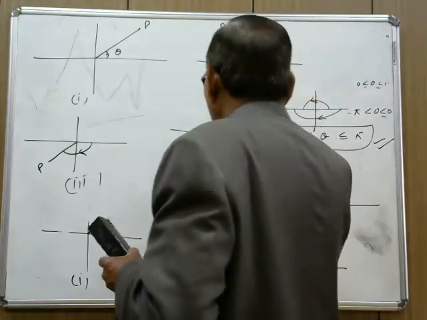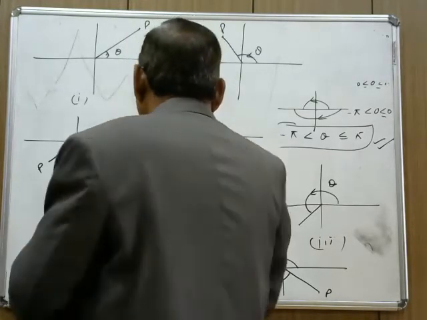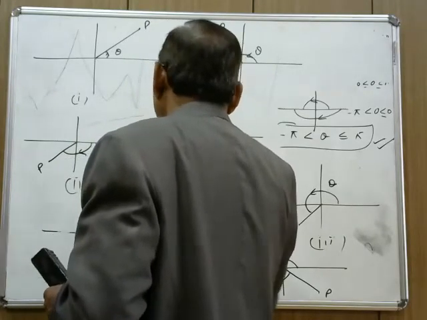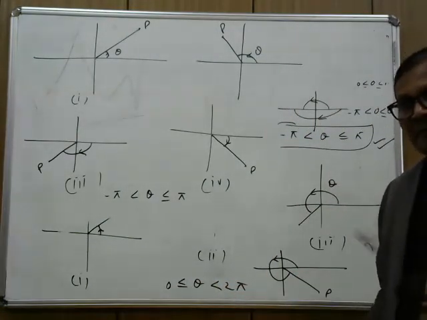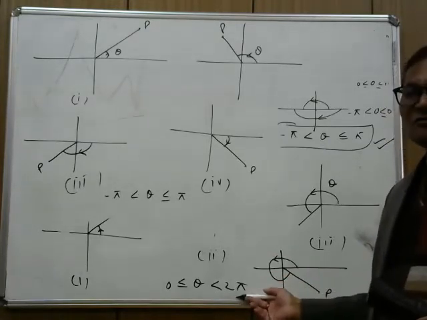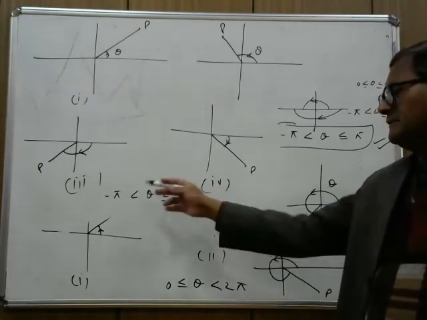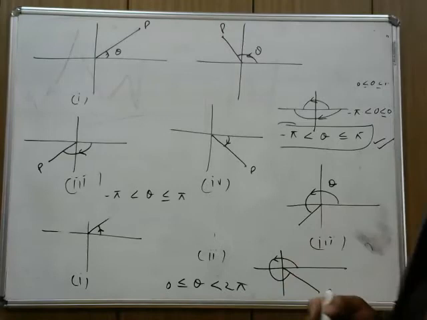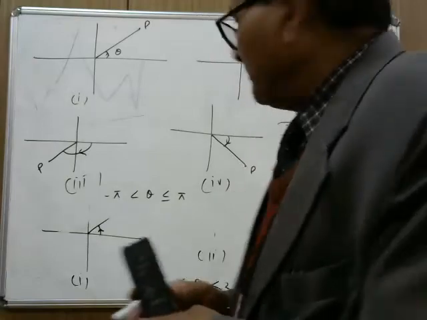This is the fourth, and this is the representation for the interval minus pi is less than theta is less than or equal to pi. Its length is also 2 pi, and the length of the other interval is also 2 pi. So we can say that this is not the principal solution; this is the solution from 0 to 2 pi. When theta lies in these intervals, we get the principal solution of the equation tan theta equals y by x, and that theta we will consider for the polar representation of a complex number. So now